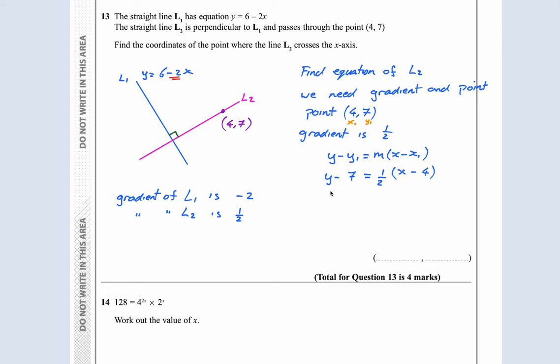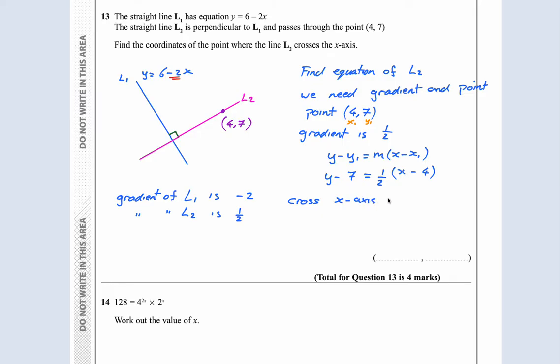Then he says, so this is my equation of the line. I don't necessarily have to write it in any other form yet, so let's just leave it like that. It says find the coordinates of the point where L2 crosses the x-axis. It crosses